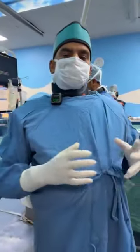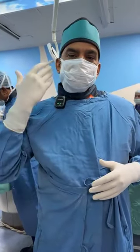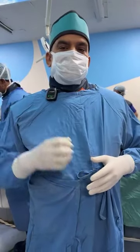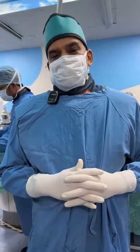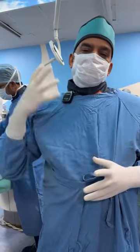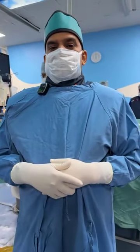There are two kinds of treatment for carotid artery disease. One is open surgery to remove the clot, which is called a carotid endarterectomy. And another is a procedure without an operation, where we go inside from the neck,